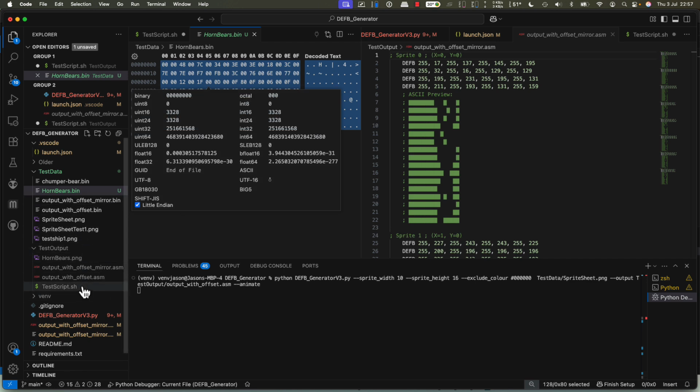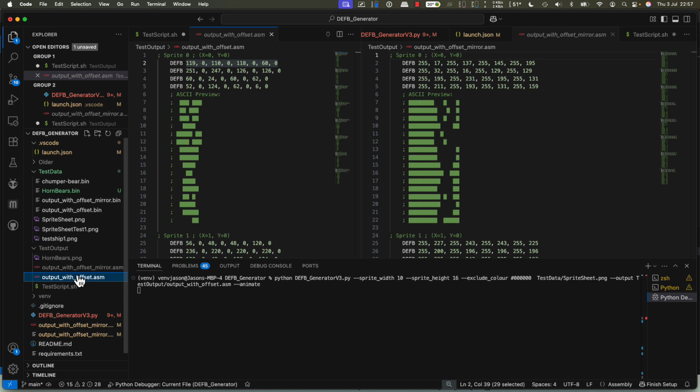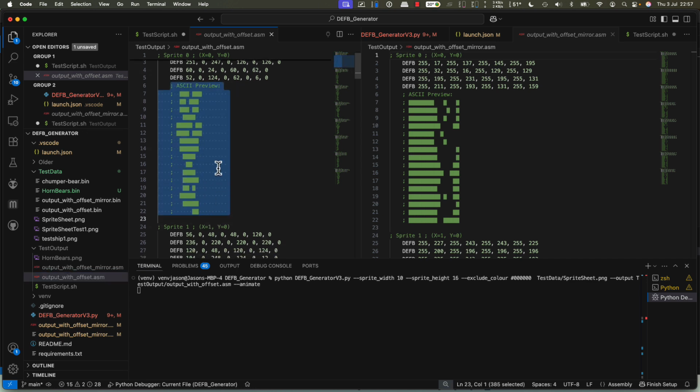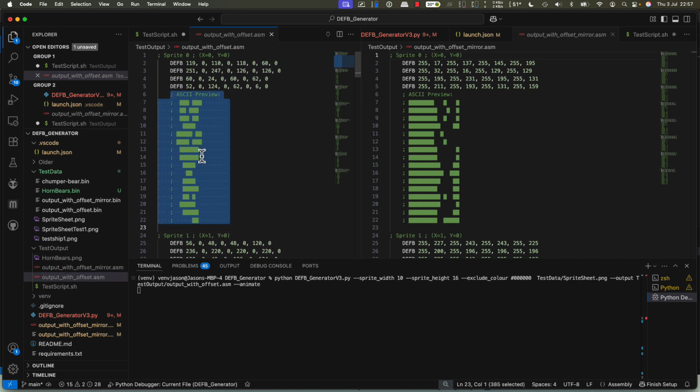So I'm just going to go back to here, and as you can see the output is as defined bytes, and it also gives you an ASCII preview of the character. I've deliberately left this upside down for the time being so you can see, and there's also the ability to inverse, flip and mirror, which you'll see on this side here. So we'll get going. This works on Windows, Mac and Linux, pretty much anything that you've got Python with the PyPNG